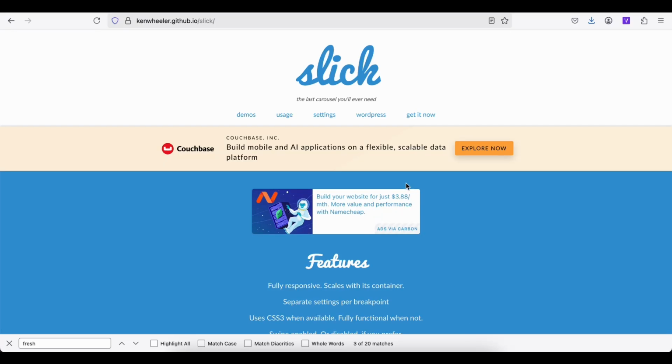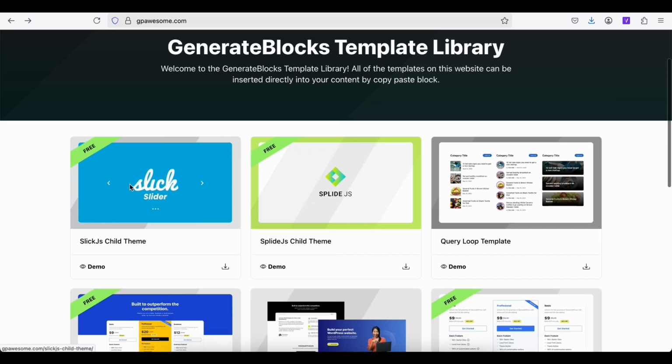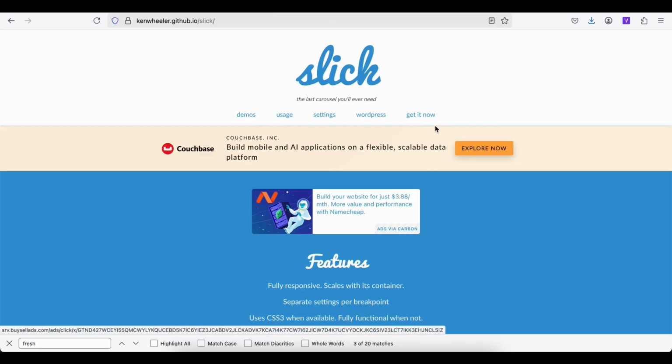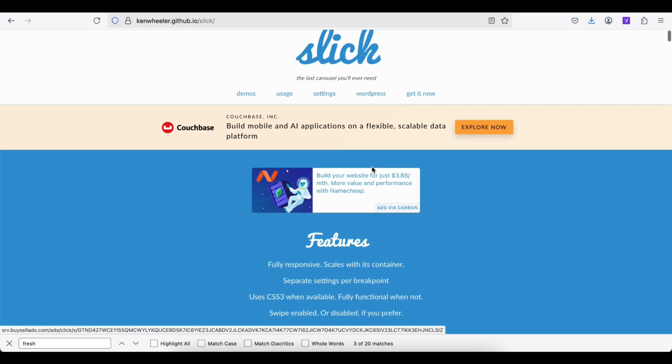Hi, in this video I want to show you how to create a slider on GenerateBlocks using a Slick slider. First, you can download the child theme from my website, gpawesome.com. It's free. Also, if you don't want to use my child theme, you can download the Slick slider here. You can click get it now here